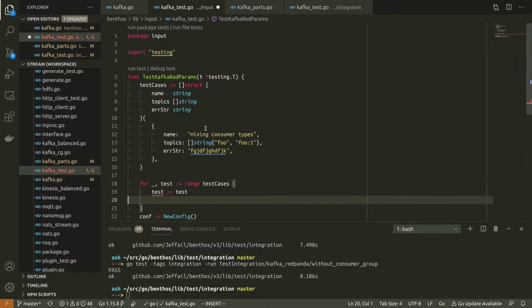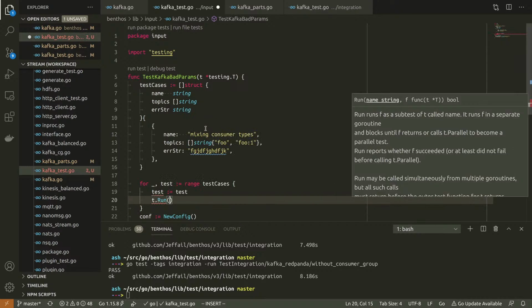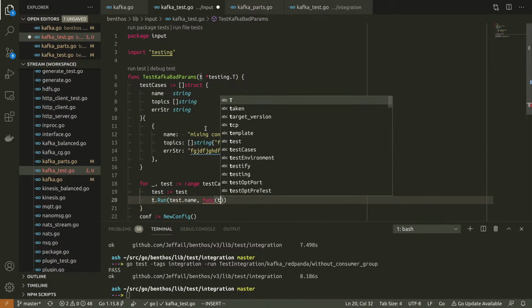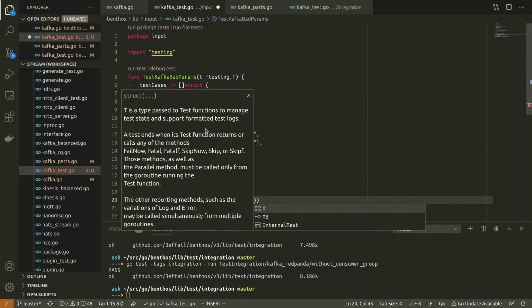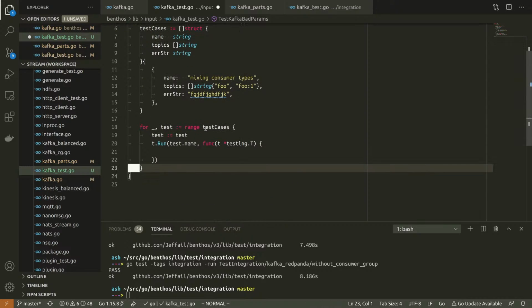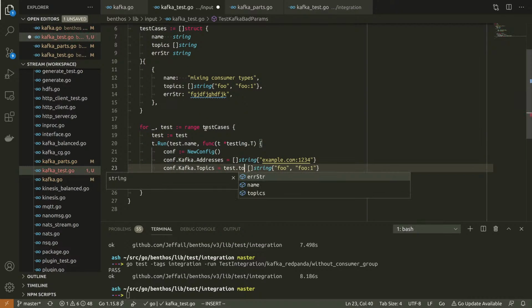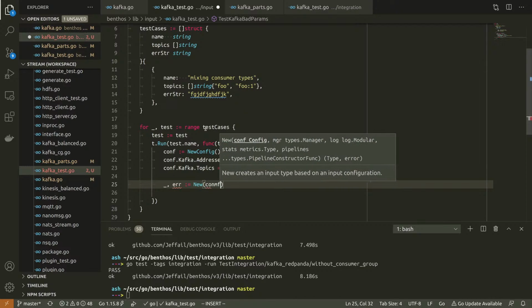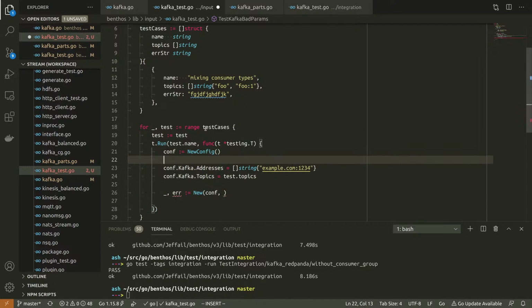I always do this just in case I want to run the test parallel one day. And now what do I do? New conf.